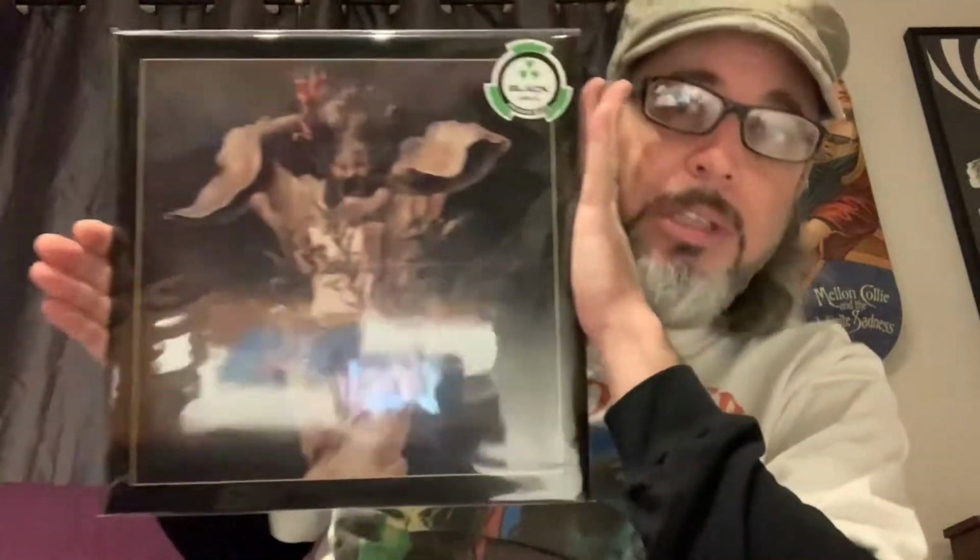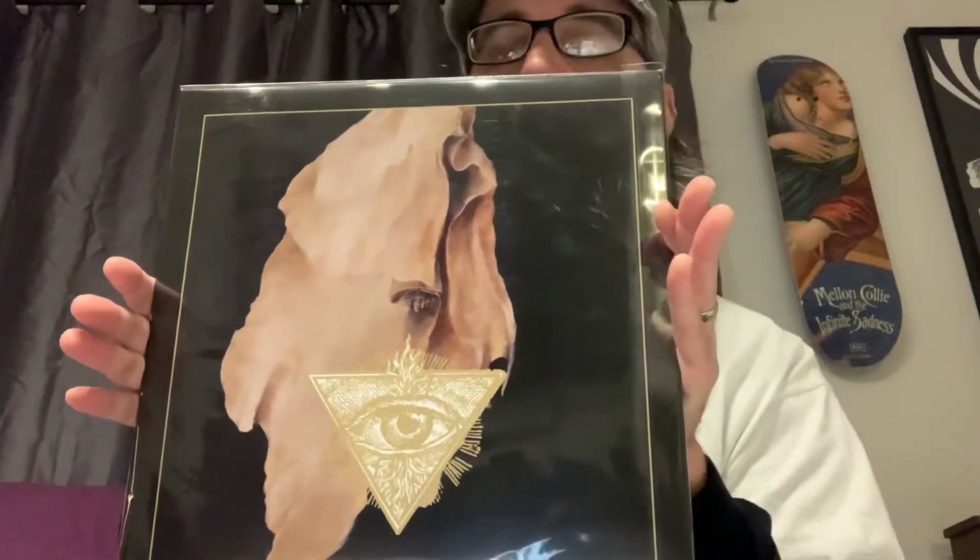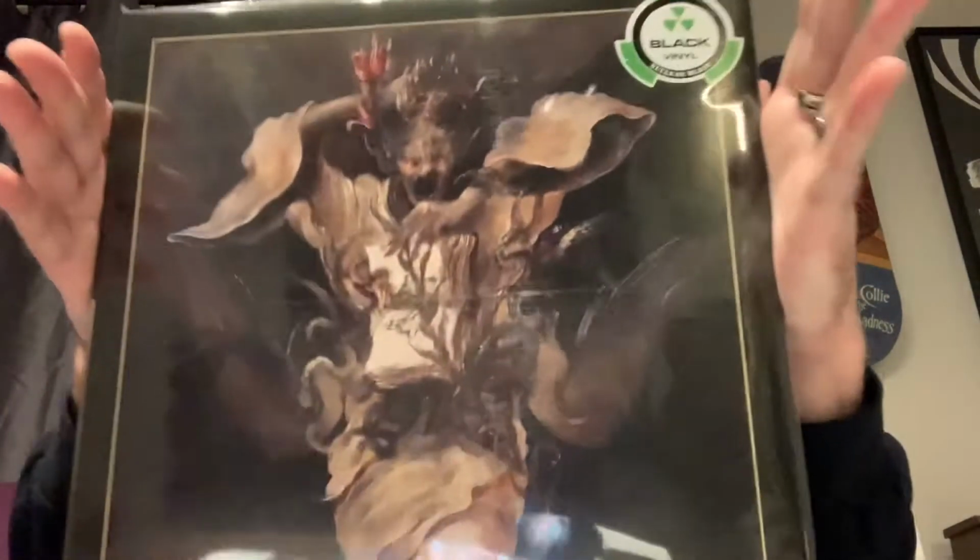Next record I'm going to show you. Finally, I've been wanting to pick this up for a while because I heard a couple songs off of it and I really liked it. It's Behemoth, and this album's called The Satanist. And this is a really good heavy album. I highly recommend it. It's gotten rave reviews, and I can see why, because after listening to it a couple times,